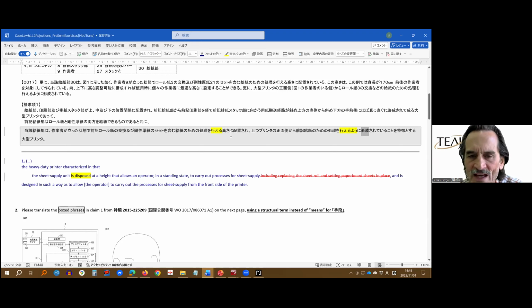But unfortunately, we have a parallel construction here where we have okonaeru, and it doesn't say okonaeru yo ni here. It just says okonaeru takasa ni haichi sareru. And then we have katsu. So this katsu is very strong, and it makes this construction parallel. So I don't think the translator can fix this because of the parallel construction. So we have okonaeru takasa on the one hand, and then we have okonaeru yo ni keisei sareteru. But this okonaeru yo ni keisei sareteru only applies to